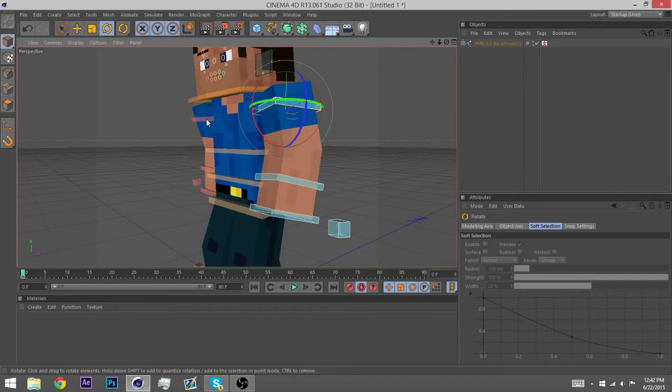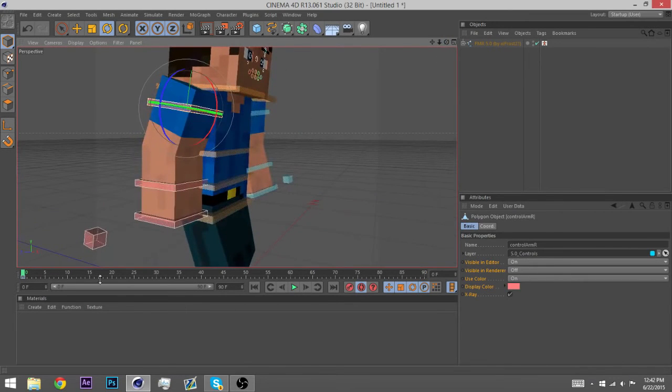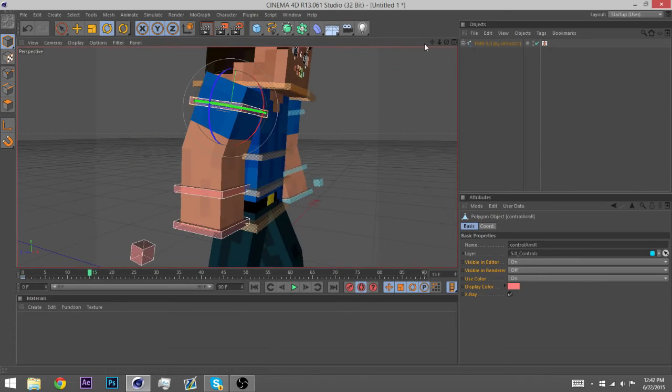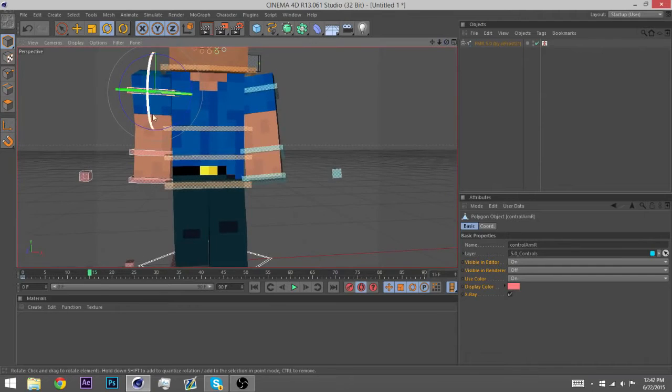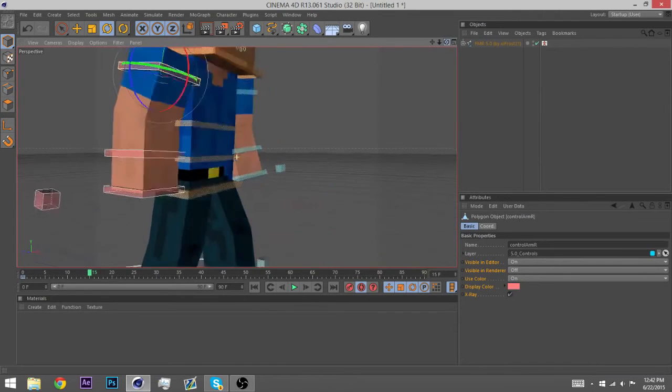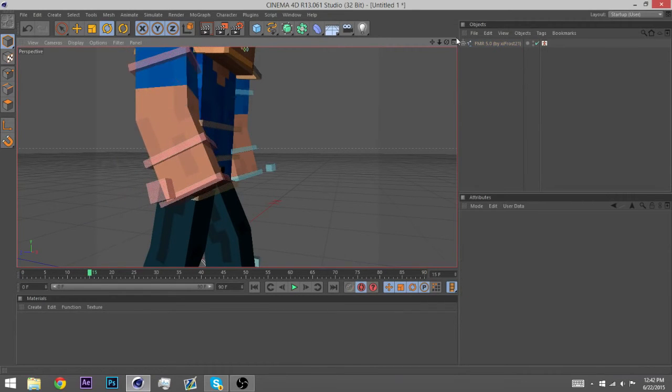Keyframe that, go to the second arm, and keyframe that. And now, at 15 frames, you're going to do the exact opposite position of arms. So since this arm is backwards, we're going to move this arm forwards. And remember what we did to the other arm by moving it on the green axis so that it bends